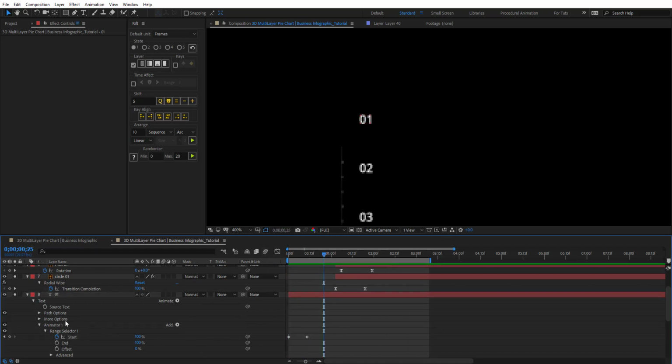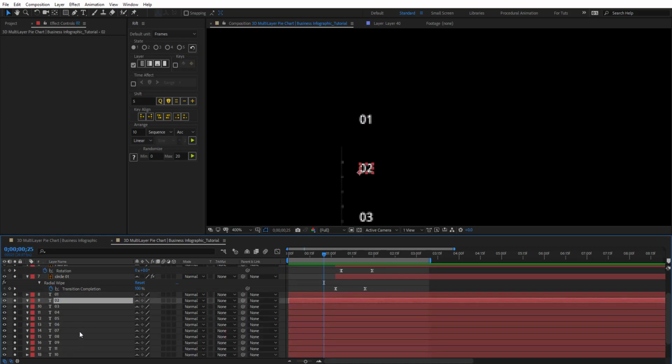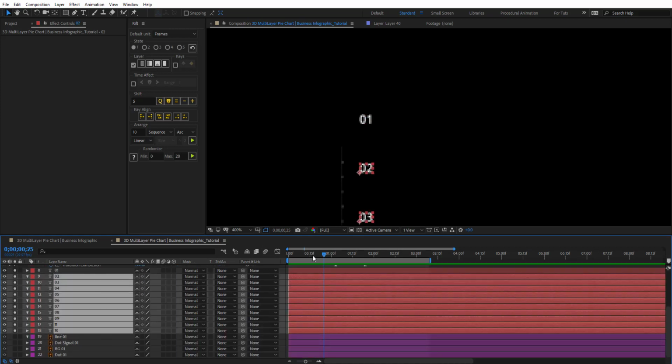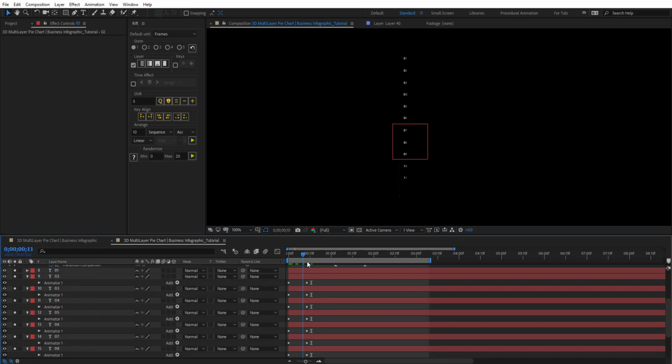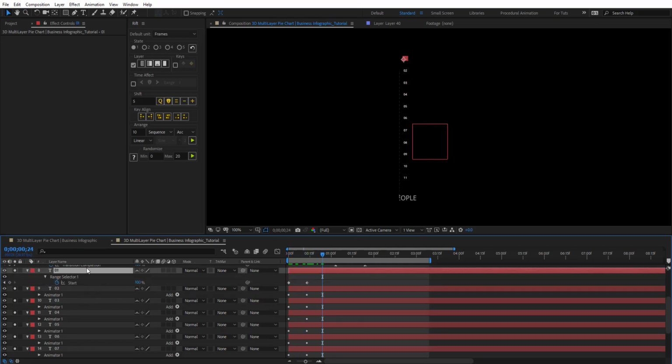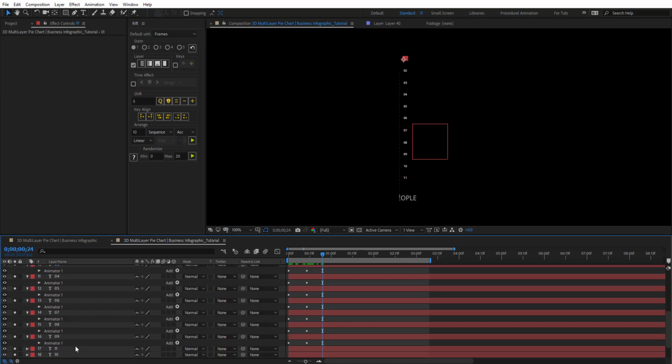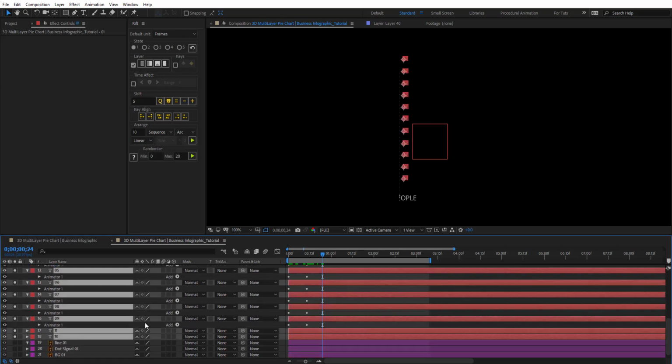And then we're going to copy this animator and paste it here in the rest. So Control V to paste them there. So we're going to have something like this, basically. And now we're going to stagger these keyframes